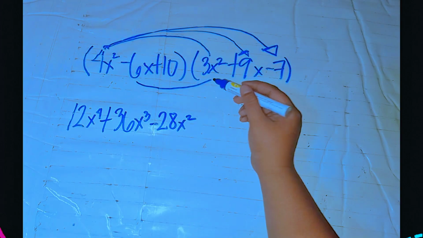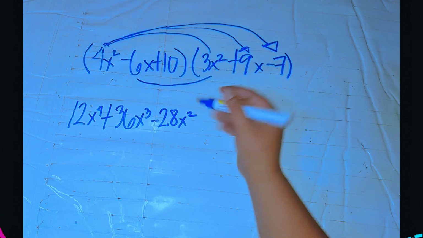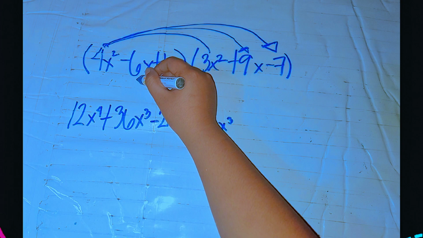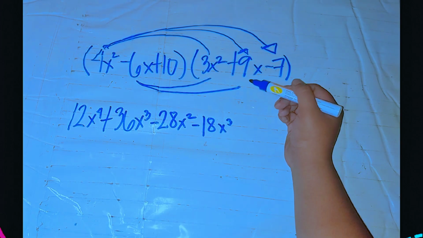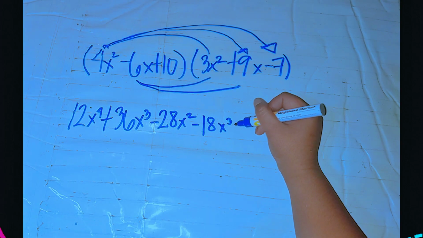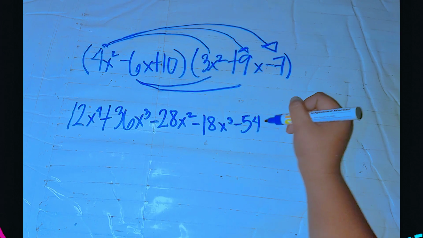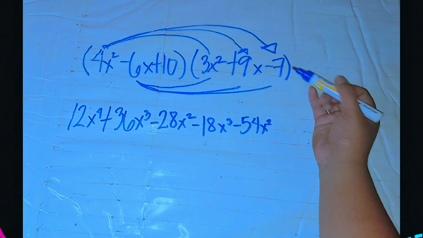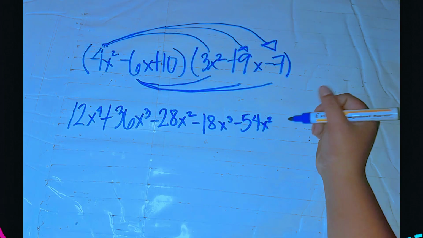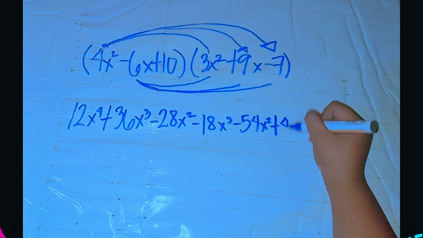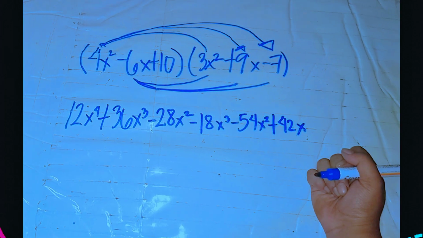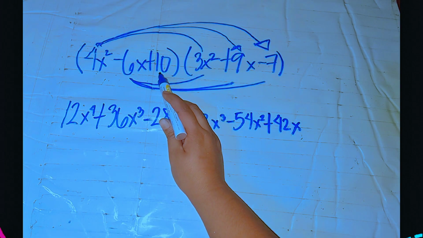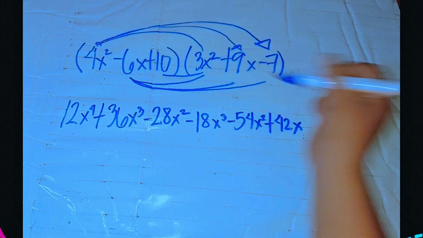Negative 6x multiplied to 3x squared is equal to negative 18x cubed. Negative 6x multiplied to 9x is equal to negative 54x squared. Negative 6x multiplied to negative 7 is equal to positive 42x. Then, the last term, which is the constant term, 10 times 3x squared is equal to